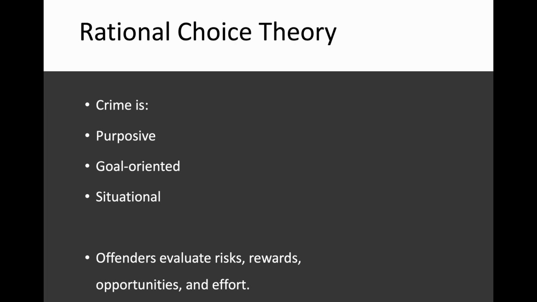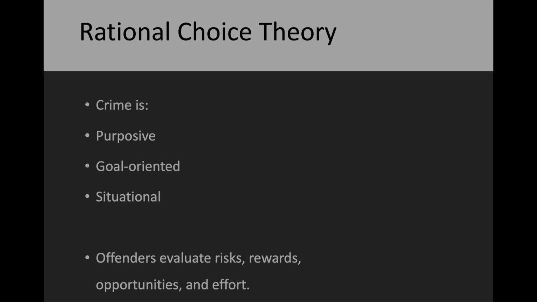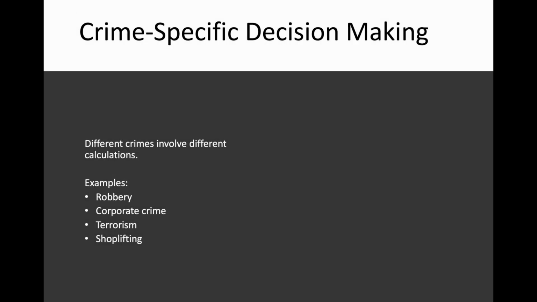So for a comprehensive exam answer at UF, potentially, I believe that a strong answer would emphasize that rational choice theory is based around situations. It's offense-specific, opportunity-focused, and grounded in bounded decision-making rather than perfect rationality. Now, let's expand further on the crime-specific decision-making model here, because I think this is one of the more important refinements introduced by Cornish and Clark.